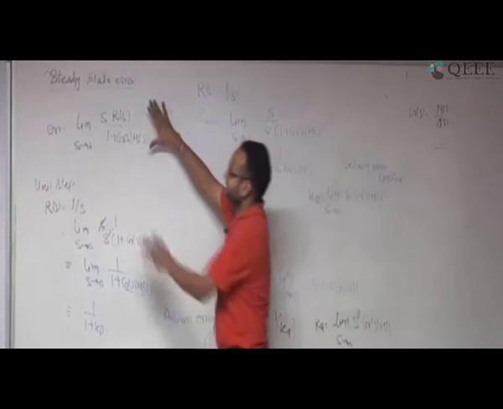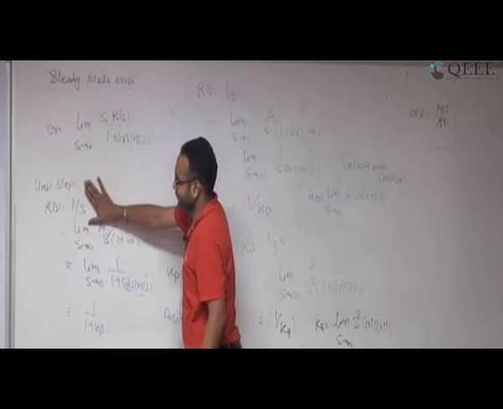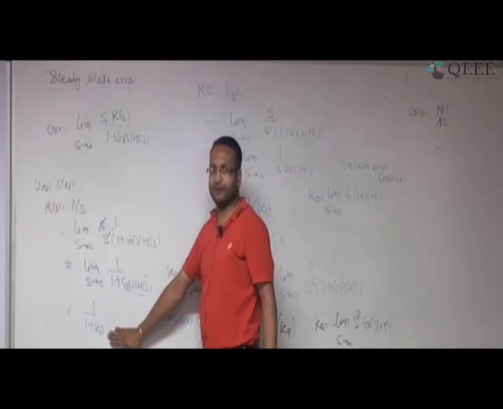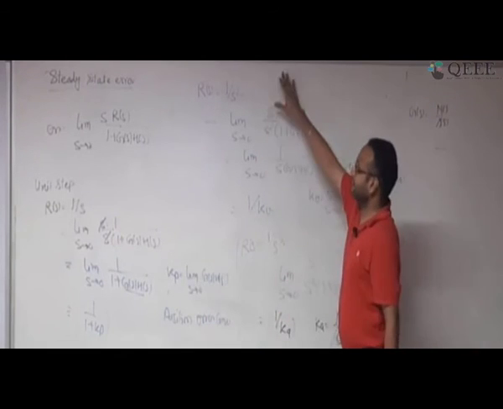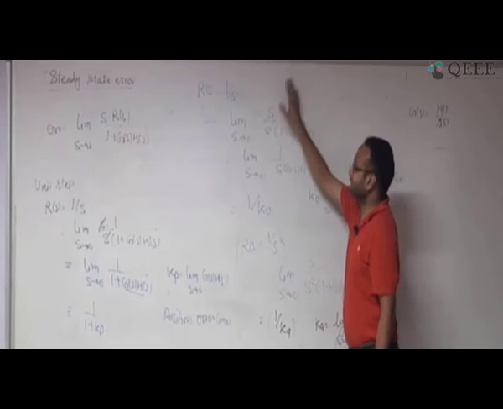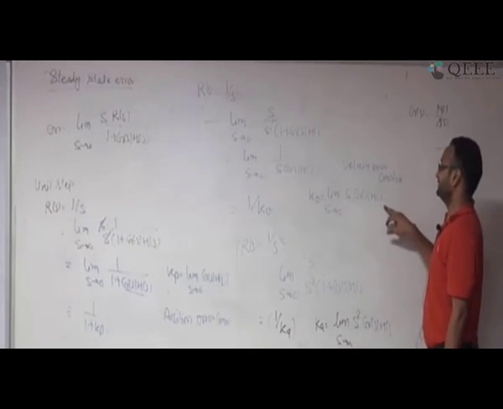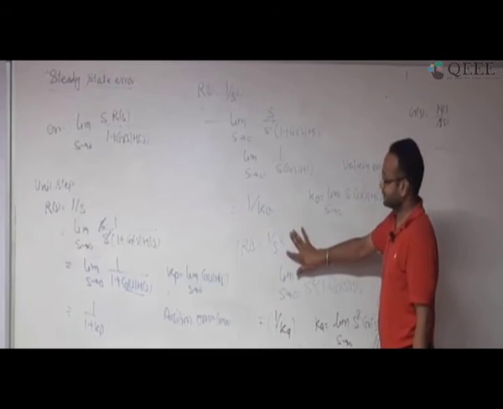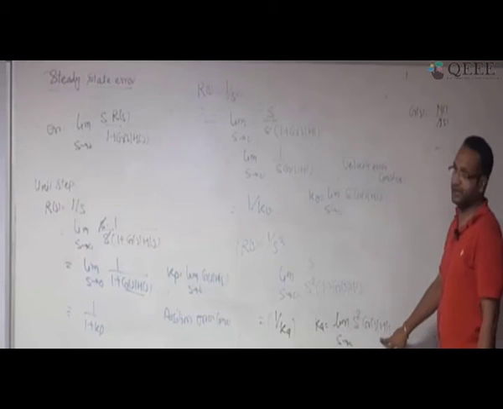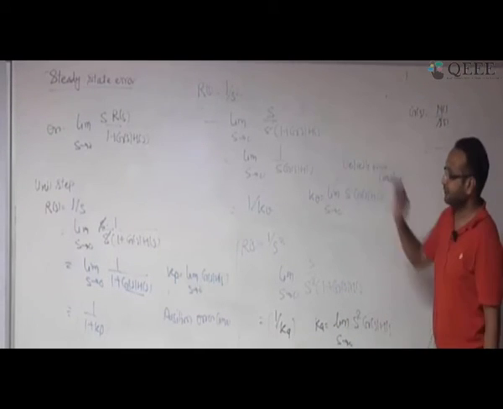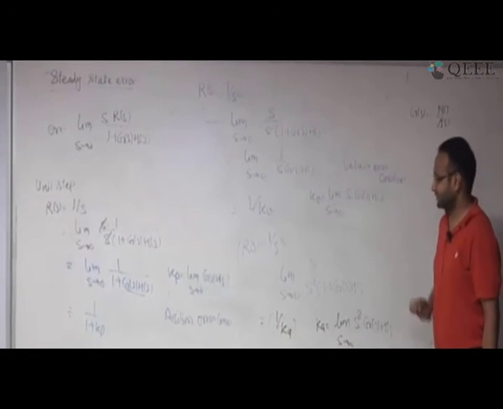I am defining the steady state error. This is the equation. Now I want to understand the behavior. If my input is a unit step, my error is going to be 1 by 1 plus Kp, and this Kp I can evaluate by this. If my input is a unit ramp, my error is going to be 1 by Kv, and this is limit s tends to 0 of s G(s)H(s). If my input is 1 by s cube, my error is going to be 1 by Ka, and Ka is an acceleration error constant. These three terms I want you to remember: the position error, the velocity error, and the acceleration error.